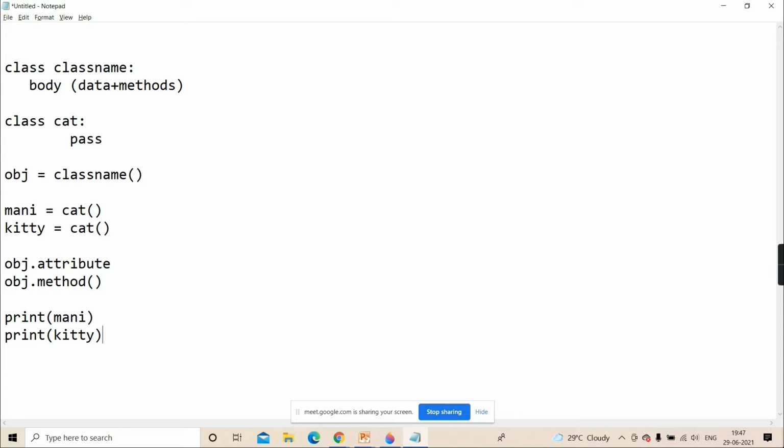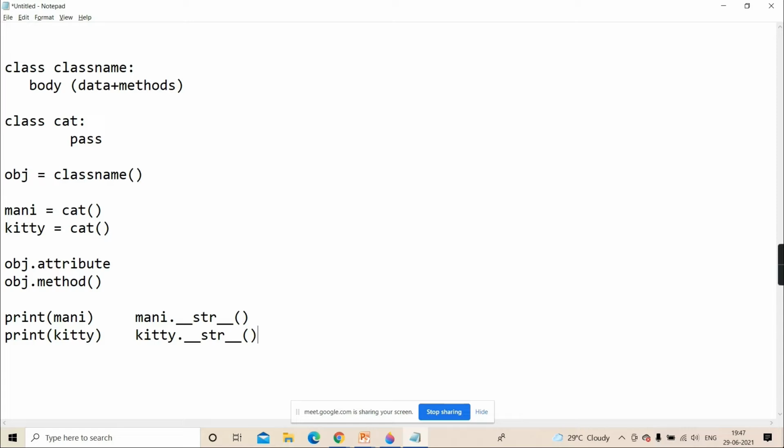Magic method. Which magic method? Underscore str underscore. Yes, you have to tell it quickly, correct? So it will call that magic method, and in Python all magic methods are dunder methods. So will it call money dot double underscore str double underscore? Yes. Clear? Here also, will it call kitty dot double underscore str double underscore?